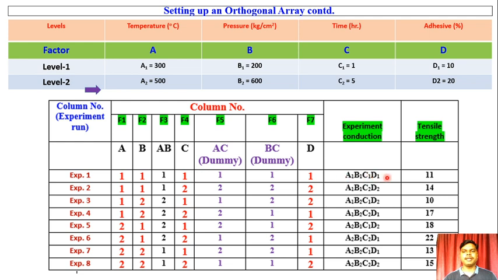So we have put it here A1, B1, C1 and D1. Experiment conduction will set it on this particular condition and will get the response after considering the interaction between A and B, if any. Okay. So similarly in experiment number 2 we want to conduct like this: A1, B1, okay, and C2, D2. So A1, B1, C2, D2 parameters are to be set and their response has to be noted down.